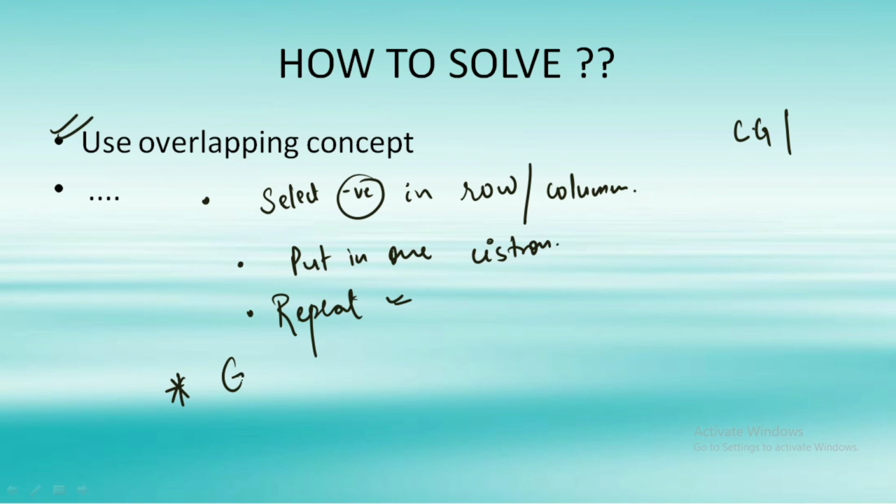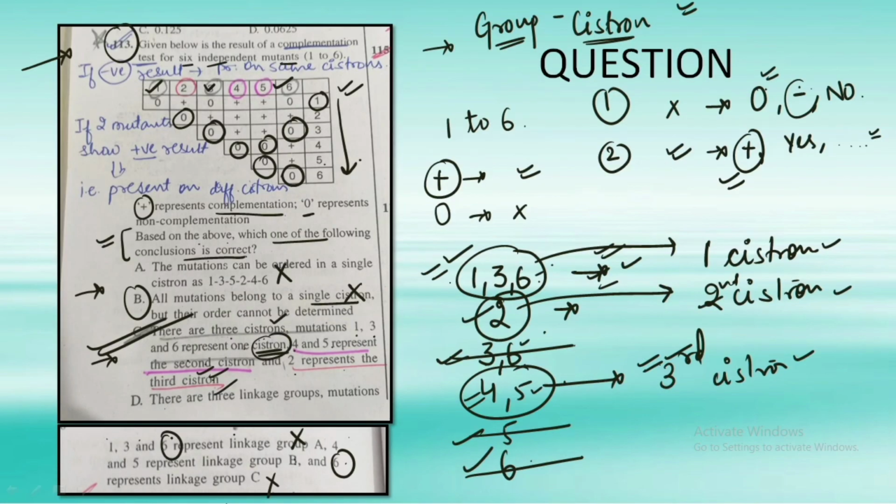You also have to remember one thing: a group would be formed only one time. What does this mean? If you have used one of the mutants in one place, you cannot include it in another group also. As we have just discussed, because 3 and 6 were grouped with 1, we eliminated the group of 3 and 6 alone. Make sure you remember this. Many students make this mistake. We have to make the group one time only. If you have included any mutant anywhere in the first place, do not include it again. Just use it one time in the question.